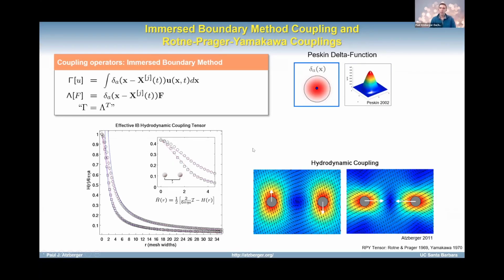So I just computed the pairwise hydrodynamics. The blue curve here is the Oseen tensor. Obviously, that's a bad idea in the near field because that blows up like 1 over r. But if you use RPY, you can see the dotted points here, which are the immersed boundary method, are very close to the purple curve, which is the analytic expression for RPY.